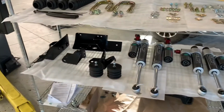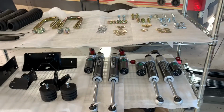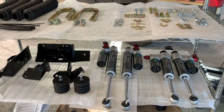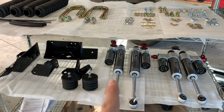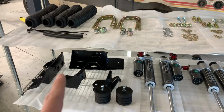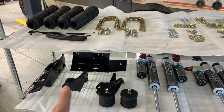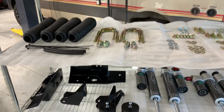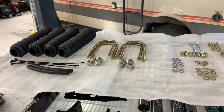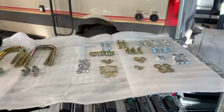So we got the auxiliary, so you get front auxiliary shocks that will go in the front wheel well, replacing the rear factory rear shocks with the Falcon rears. You have the Sumo Spring bump stops for the front. This is the front auxiliary shock mount kit. Shock boots, U-bolts and nuts for the leaf springs, e-brake line guards, and all the hardware. So anyway,